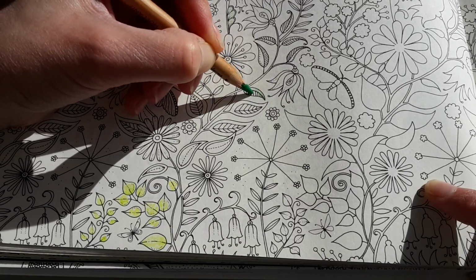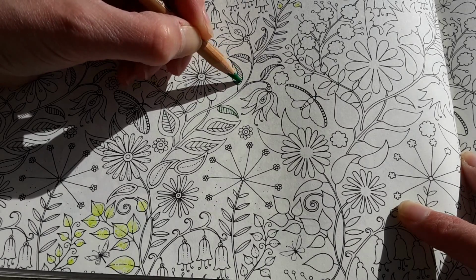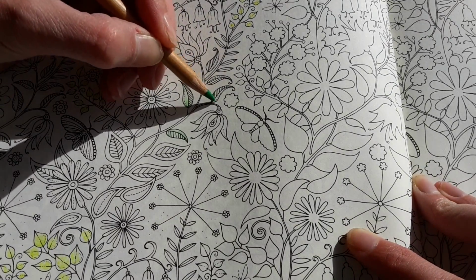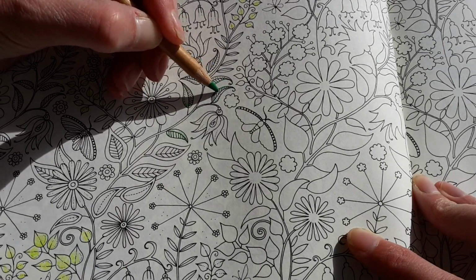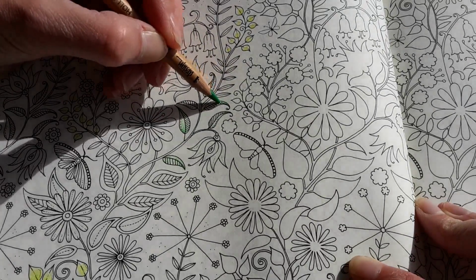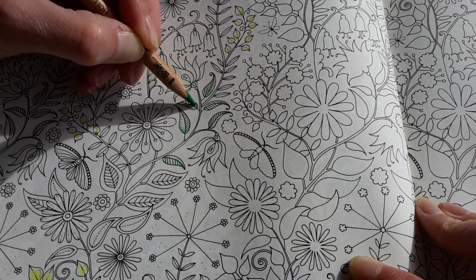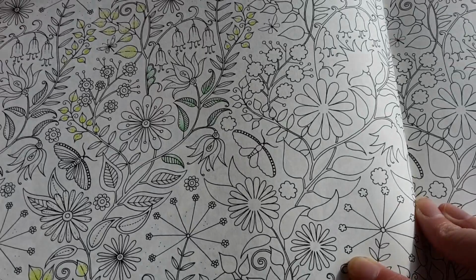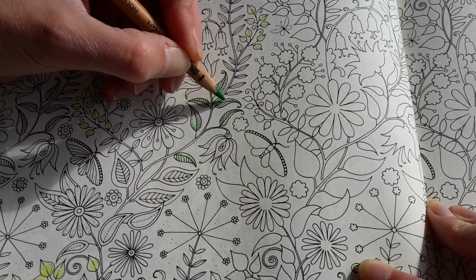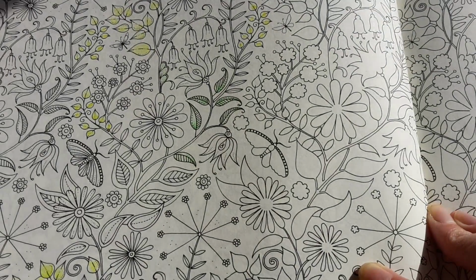Now you are completely free to choose your own colors, of course. I always go for colors that remind me of nature. So I will always go for a quite natural look. There is one drawing or one or two drawings in this book that I used to experiment with other colors, but it doesn't work out for me. I've seen beautiful drawings with the most incredible colors on the internet, but for some reason it's not working for me,